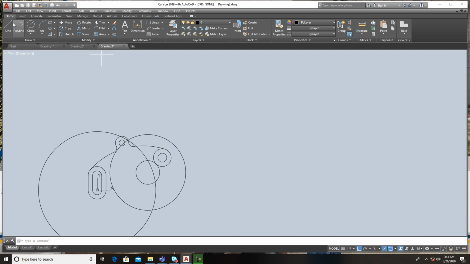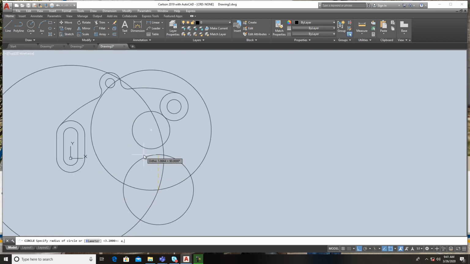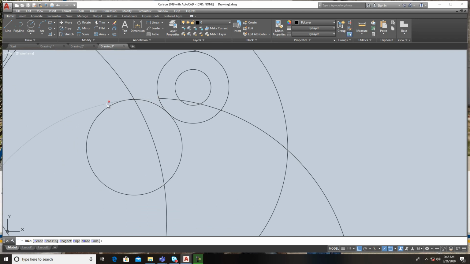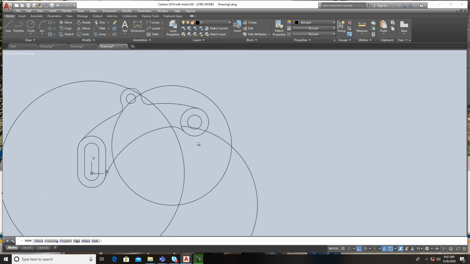So now come down here, there's your intersection, and type in 4.2. And you see how that brings you right in there. We'll trim, clean that, clean that, clean that. I don't need this anymore, and the rest of it